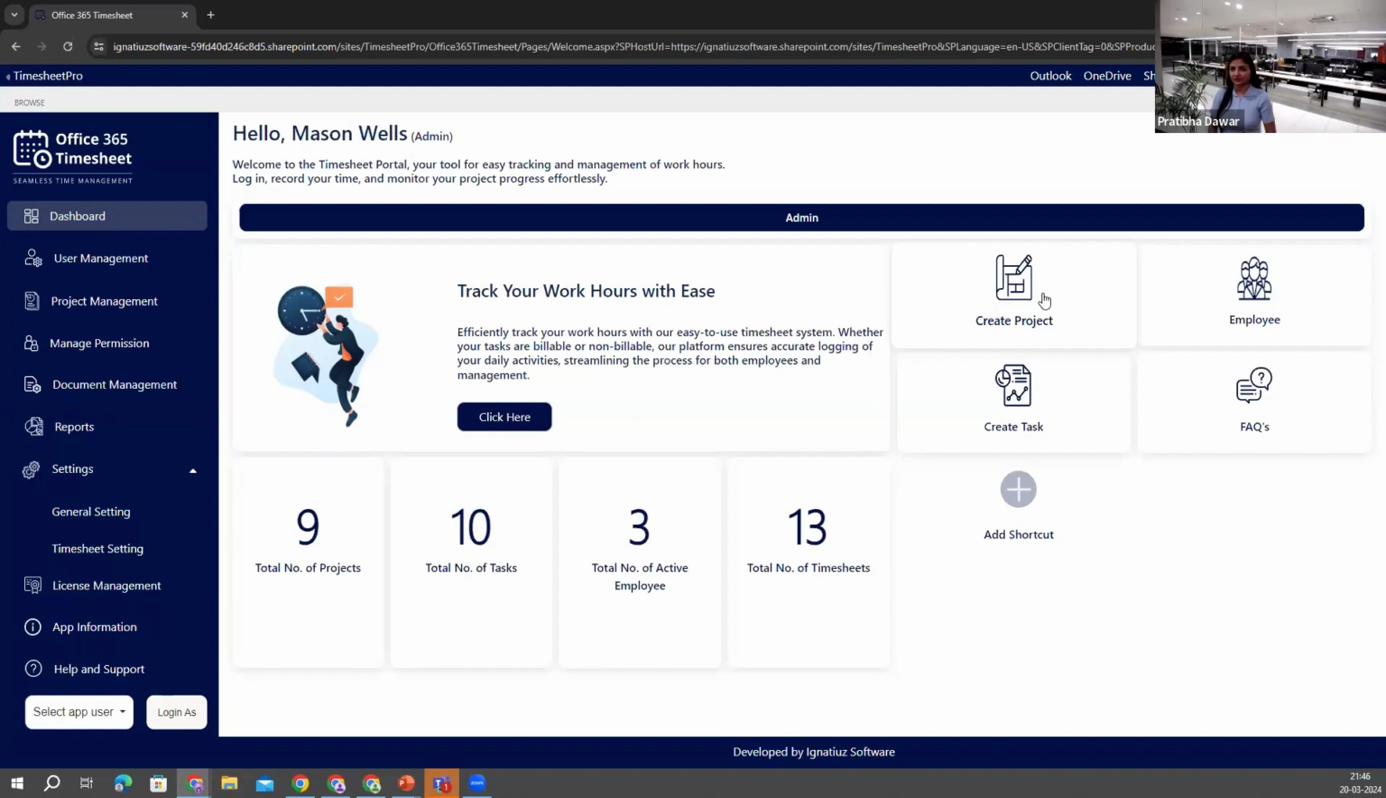Currently, I'm logged in as an admin, and once the user logs in as an admin, they will be able to see the dashboard for the admin. In the admin dashboard, there is a big tile representing information about the application, and there is a button which redirects you to the page where you will find more information about the application, user manuals, FAQs, videos,